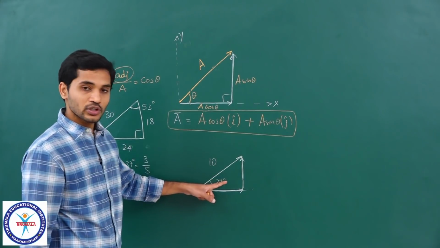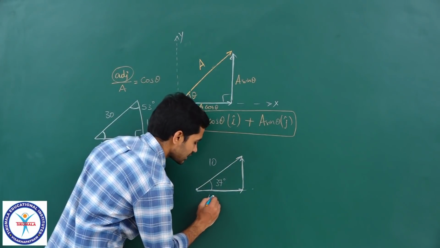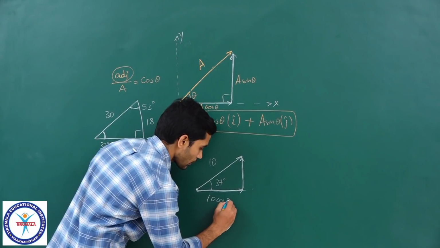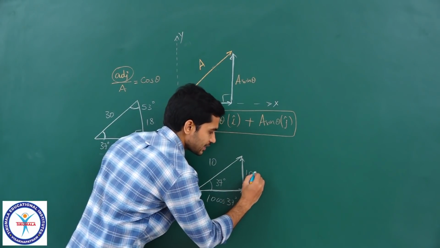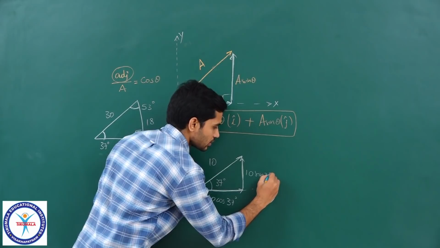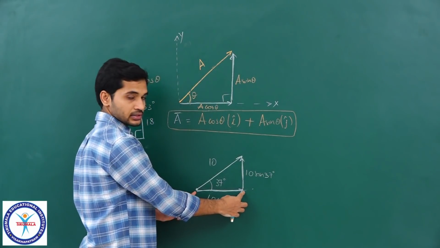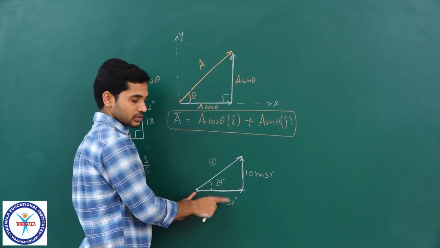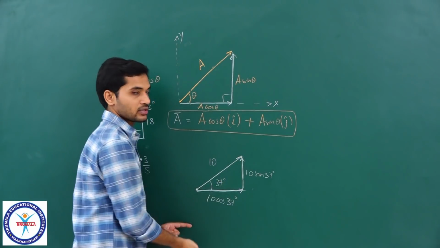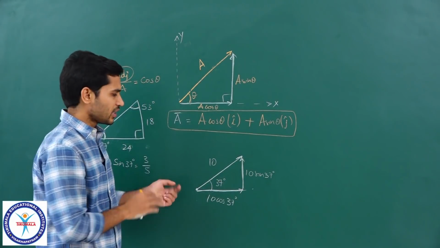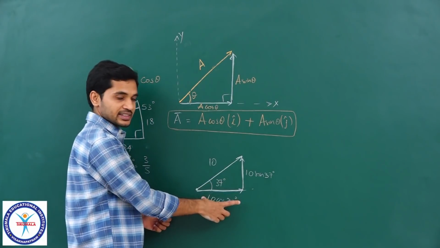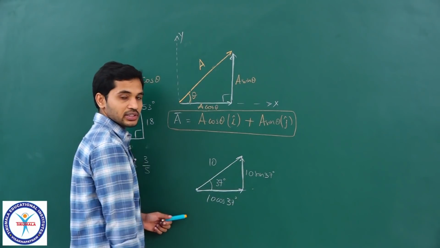So, you can now quickly resolve this. This would be 10 cos 37 and this would be 10 sin 37. So, always remember, adjacent of that angle will be cos and opposite of that angle will be sin. So, that is the way you should remember it, clear. Even when you forget, remember that adjacent side will be cos, opposite side will be sin component.